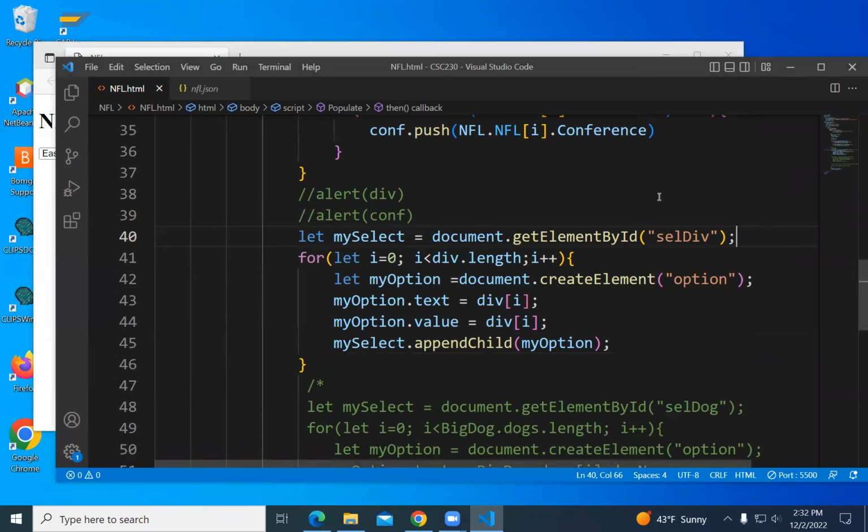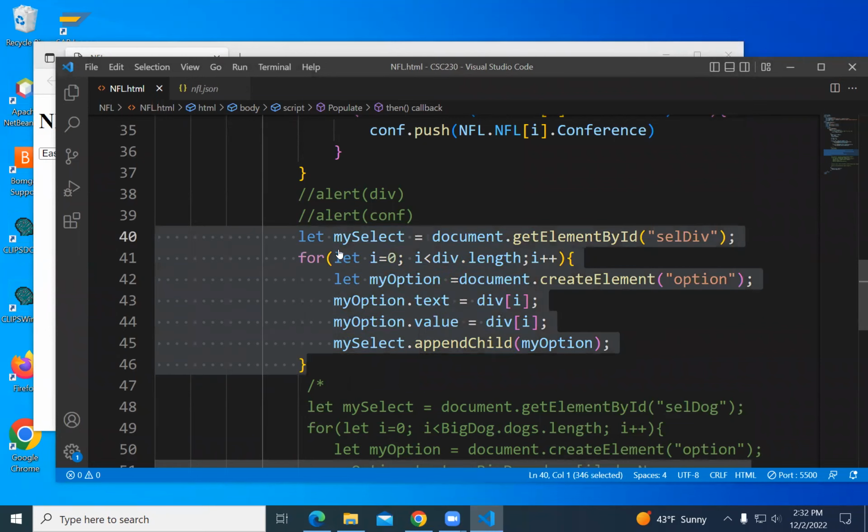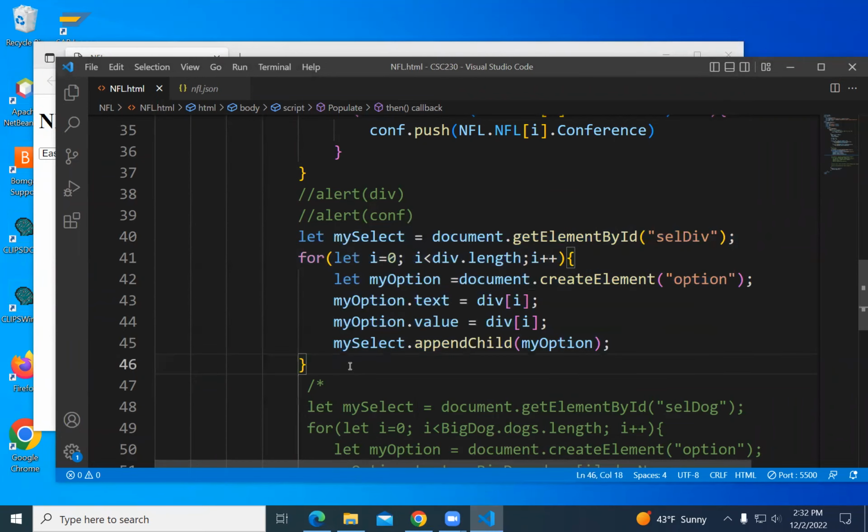Okay. Now we want to do the same for the conference. If I'm going to use the word my select, I can use the variable my select again, but I shouldn't say let twice. So I can either say my select 2, which maybe I will do, or I could use the select again.